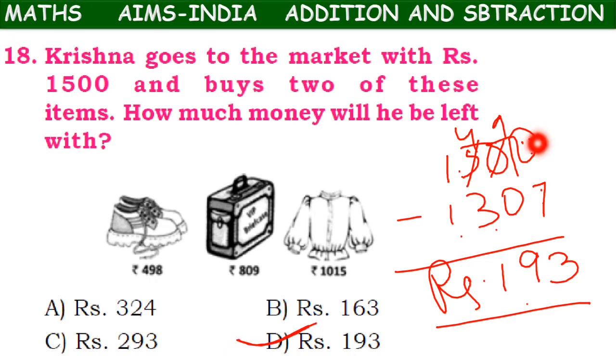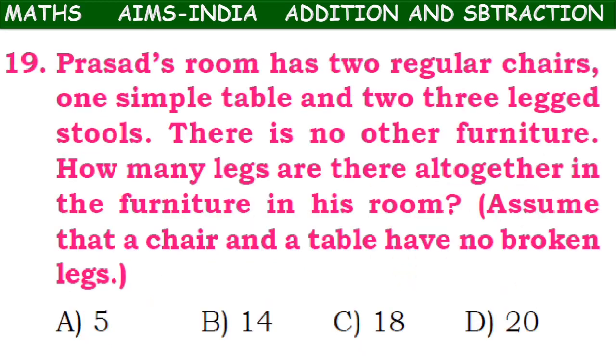When such a question is given, you need to look at which of the given products or things we can buy with the given money. Okay, here they have not mentioned which two products he bought. Yes, which two things he bought. So you need to check which two things he can buy with the given amount and then find the answer like this. Coming to question number 19.